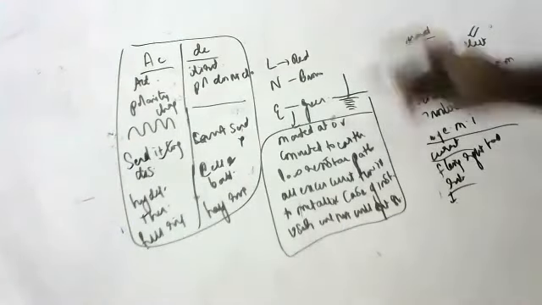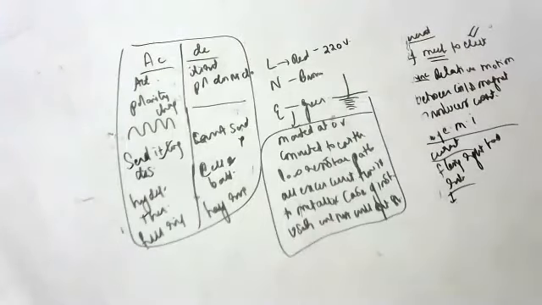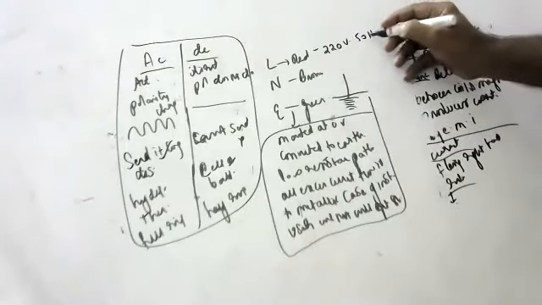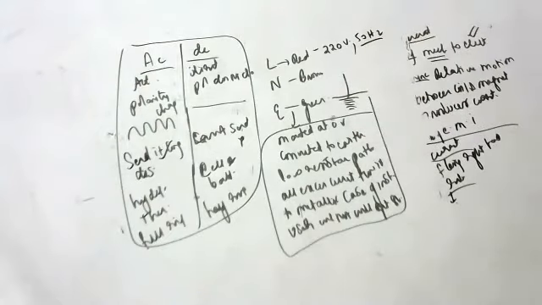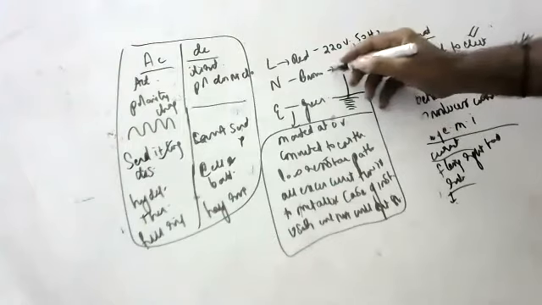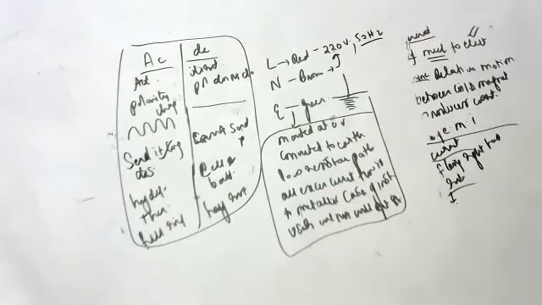Live wire carries the current, children. In India, we send 220 volts to the home, with 50 hertz frequency. And neutral wire, what will it do, children? What is the function of neutral wire? Neutral wire maintains a constant potential difference of 220 volts with the live wire, children. Okay,